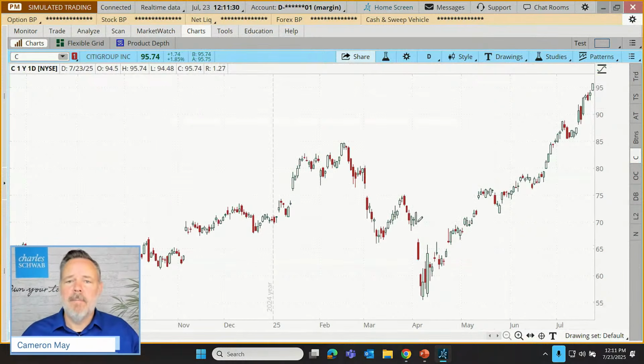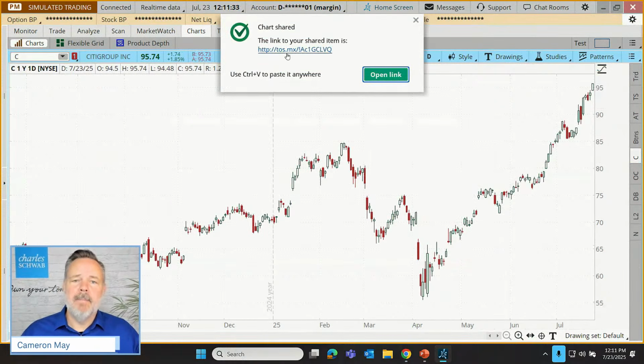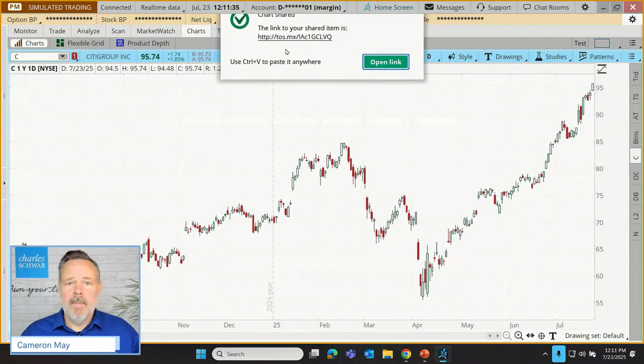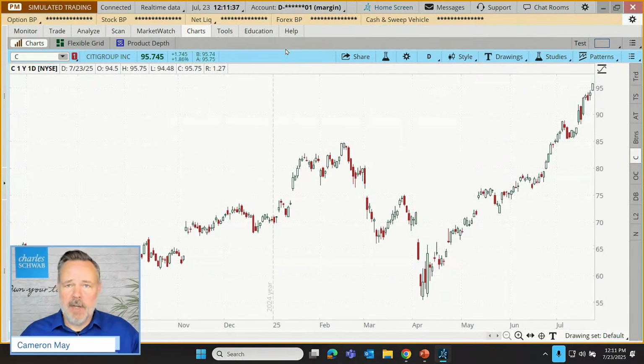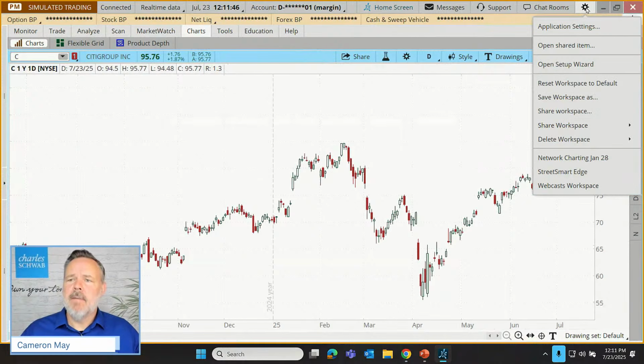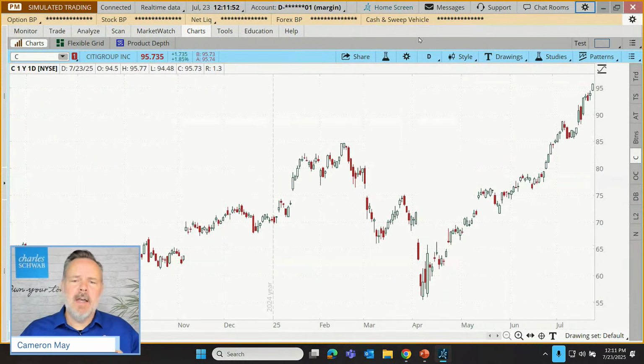If I click share, we'll see that a URL appears. Now, I could then send that to another trader. They do not go to their internet and drop it in their browser URL bar. Instead, that would be opened by going up here to the upper right and selecting open shared item. And what that specifically does is it brings up that chart.